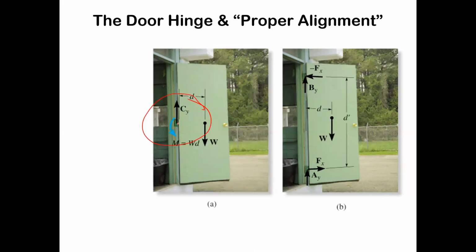you know, about this point right here, right? The moment is W times D. So the moment about that hinge, just from the weight of the door alone, is going to be W times D. And it's going that way. So if that door is not going to move, which we don't want it to, it's just hanging open like that, then the hinge itself has to provide a counter moment, right? And how that counter moment happens, it's a little bit